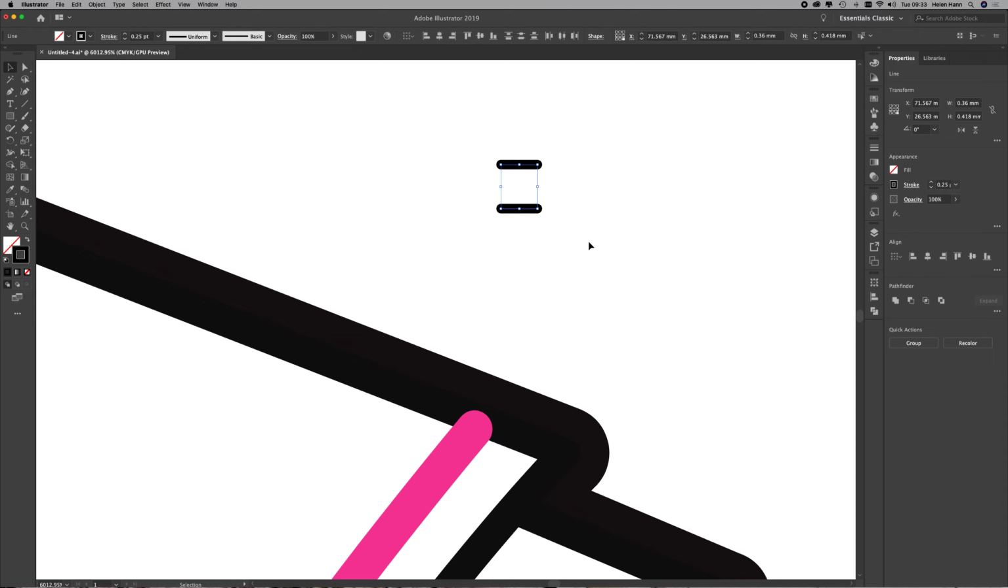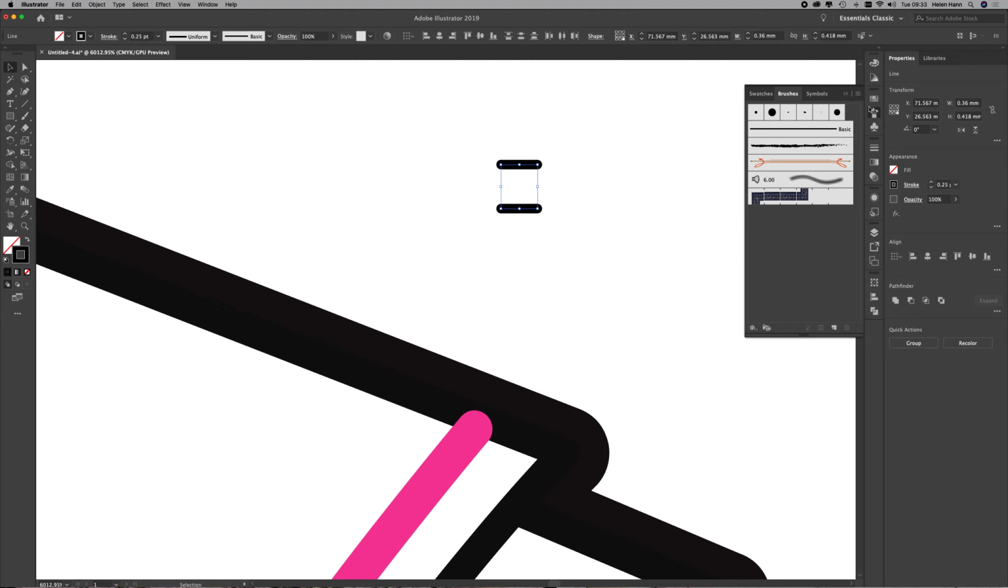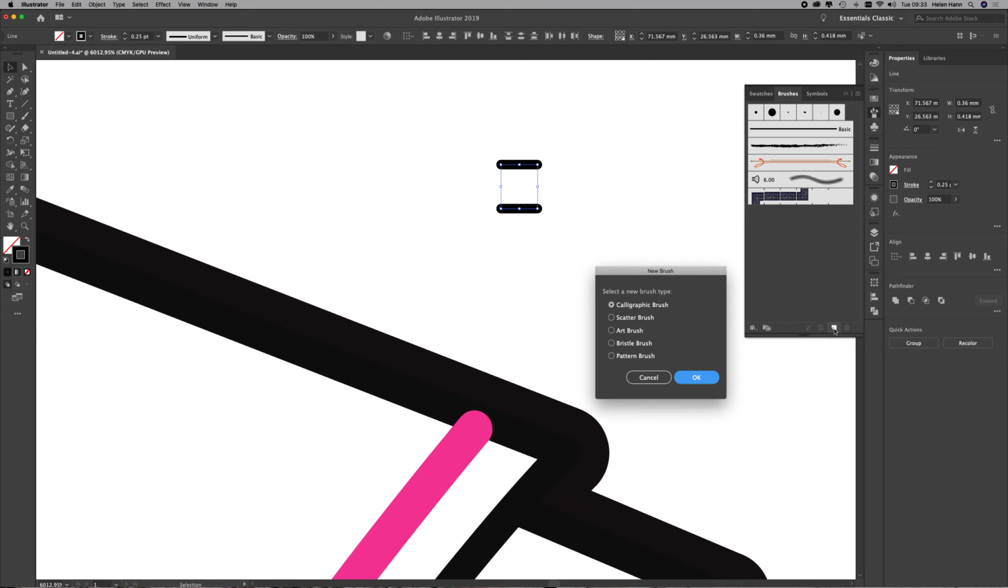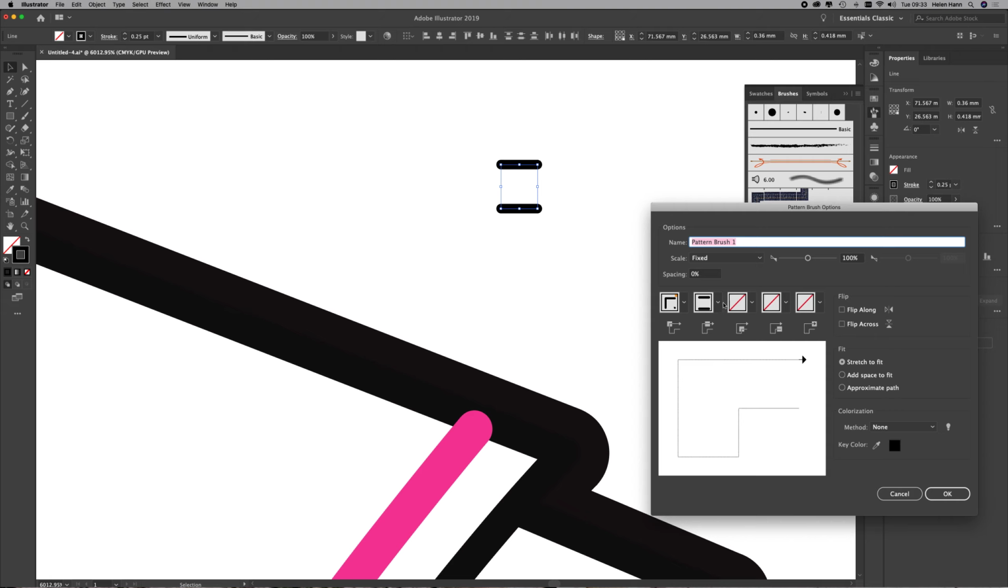So I've selected the 2 little lines and I'm going to my brushes panel just here, and I want to make a new brush. So I'm coming down to this little icon at the bottom of the panel and I click. This kind of brush is a pattern brush, so I'm going to choose pattern brush, and then I'll click OK. I'm going to call this twin needle top stitch,